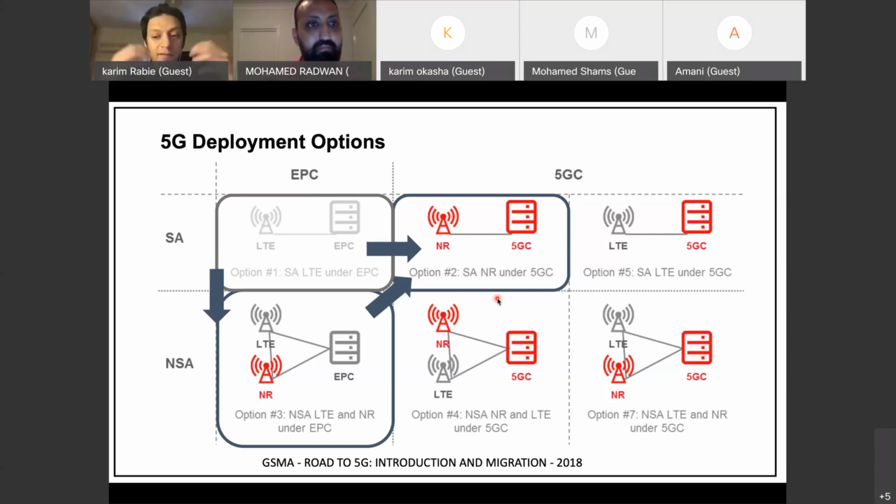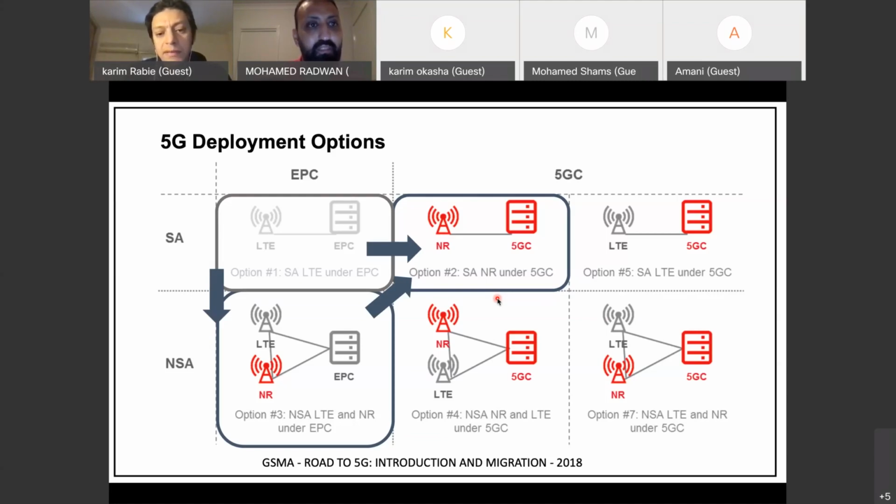We can have bigger data packages. People will consume data faster and pay more, and these are the first 5G deployments. They are all adopting option 3, and in particular a sub-option called option 3X that we will explain. And then they say, we go from option 3 to option 2 in a way or another.